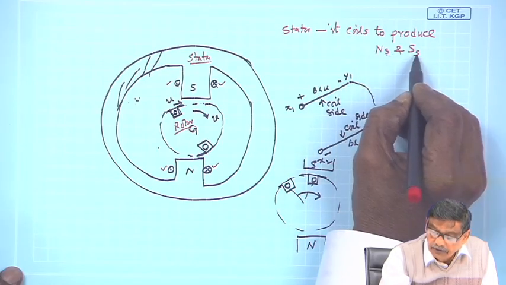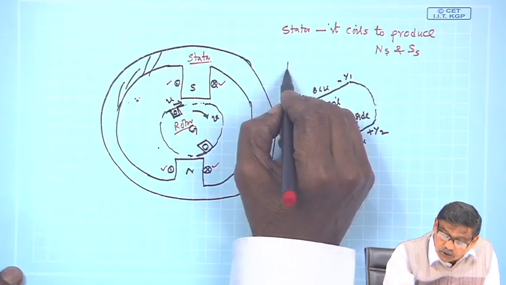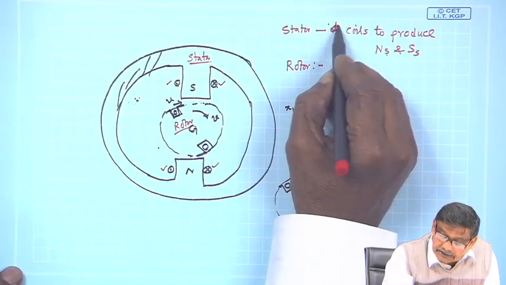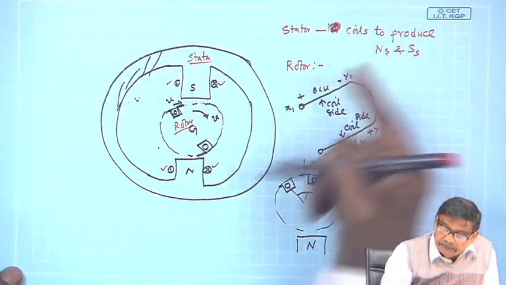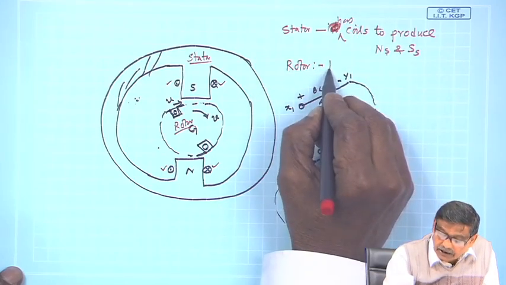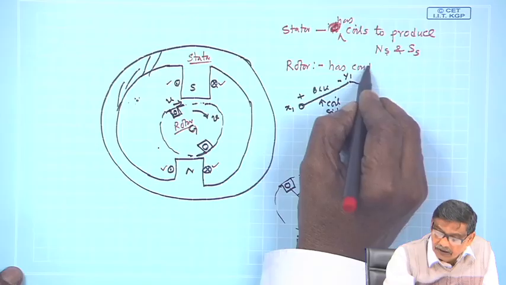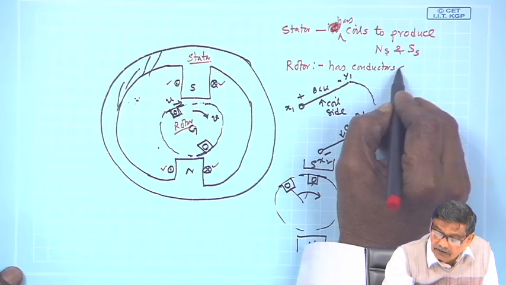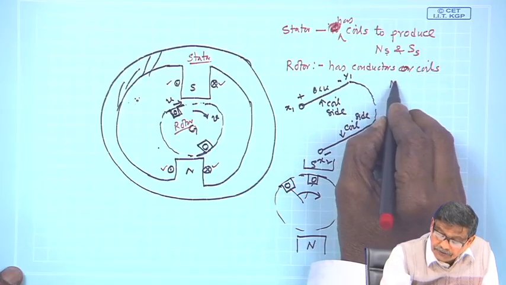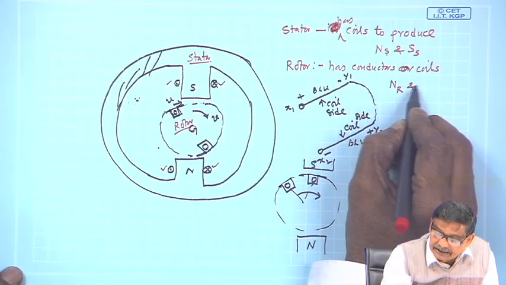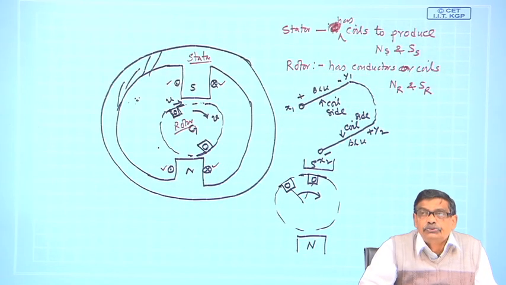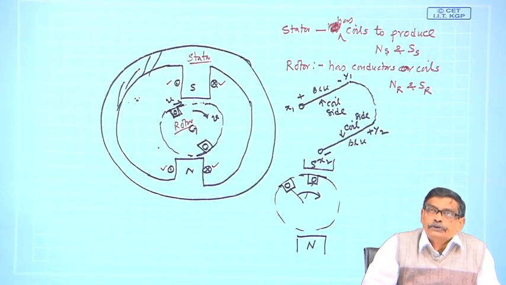North pole and south pole produced by the stator. The rotor similarly has conductors or coils to produce its own NR and SR, and it is these two sets of magnets which will interact to produce